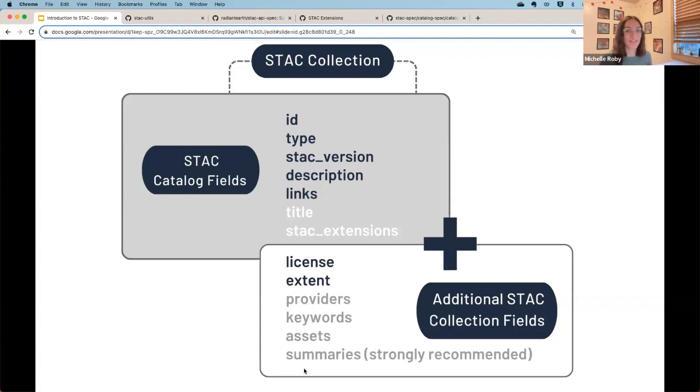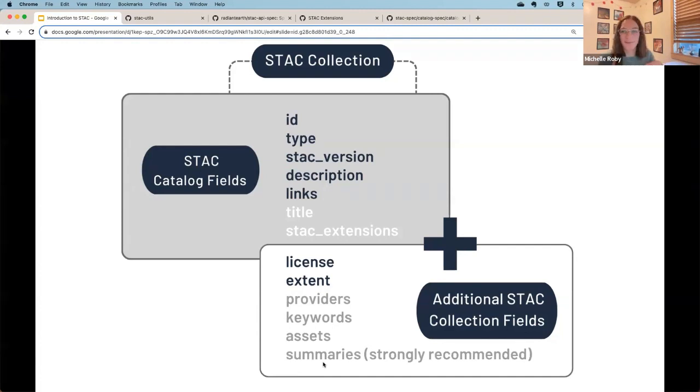And we'll dive a bit more into STAC assets momentarily, but just so you know, those can be described in a STAC collection. And the other component that's not required, but it's strongly recommended if you're creating a subcatalog that is a collection, is a summary. So summarizing that data can be really helpful for a user looking through the data.